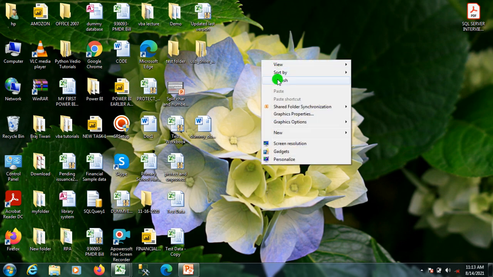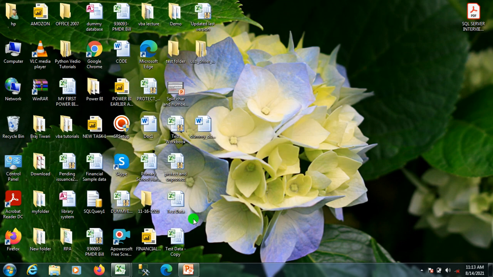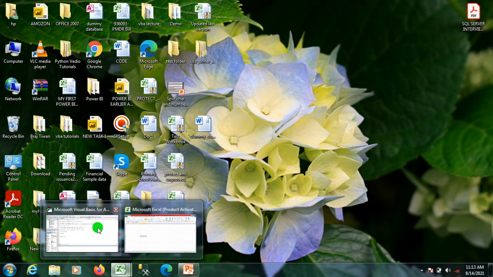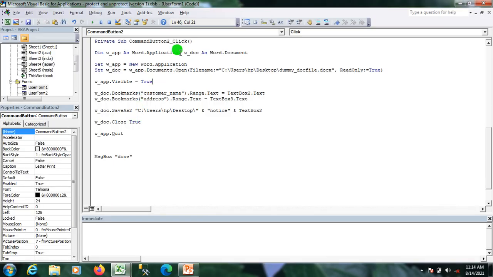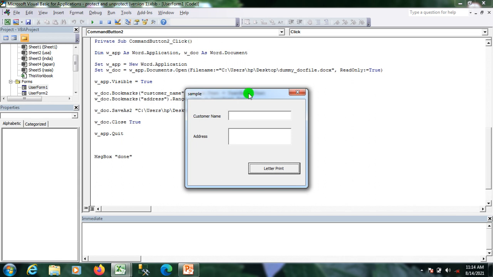And here is the template which I have. Now I'll execute my code and show you the output. My customer name is Rahul, and the address is Delhi 6.